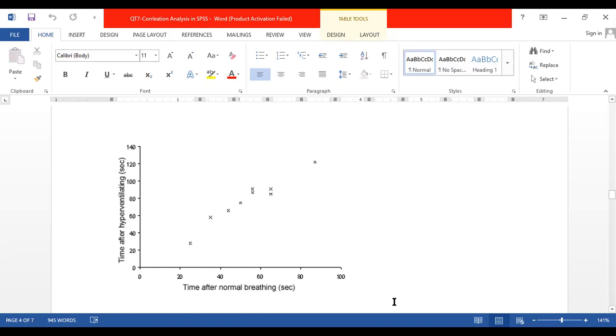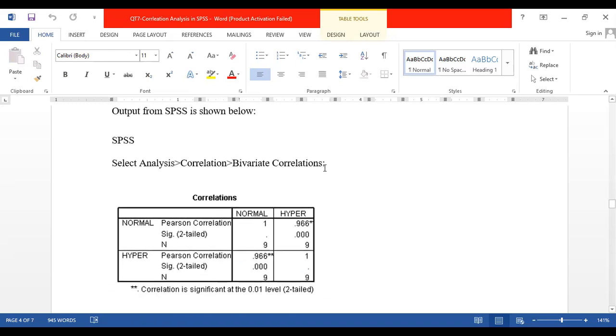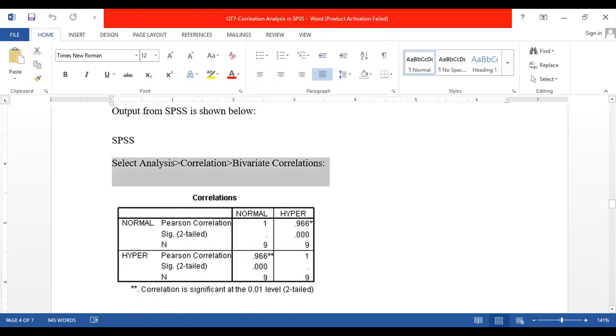Have a look at how we can calculate the value. At first, in the SPSS software, we select the Analyze tab. After clicking on the Analyze tab, there is a Correlate option. We select it, and among the different options, we select Bivariate Correlation. Once we click OK, an output window appears with the name Correlations.